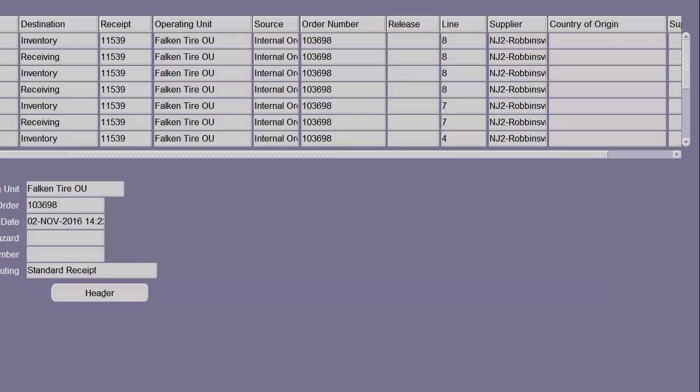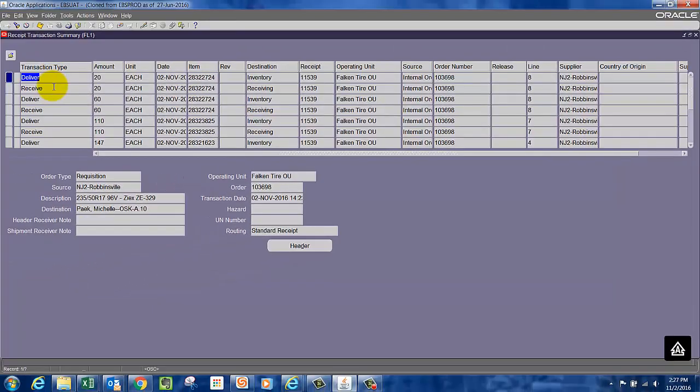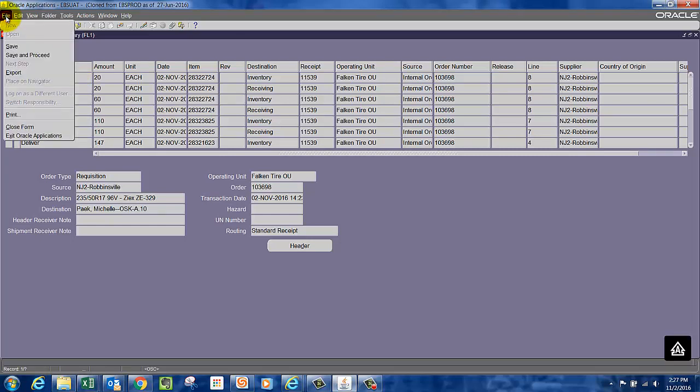Oracle does not provide paperwork for a receipt out of standard Oracle. So for our record keeping, we are going to export this data into Excel and print it and save it with your documents. So anywhere in the form, you put the cursor where either the receive or delivery field is highlighted, like in this example. Click File, Export,